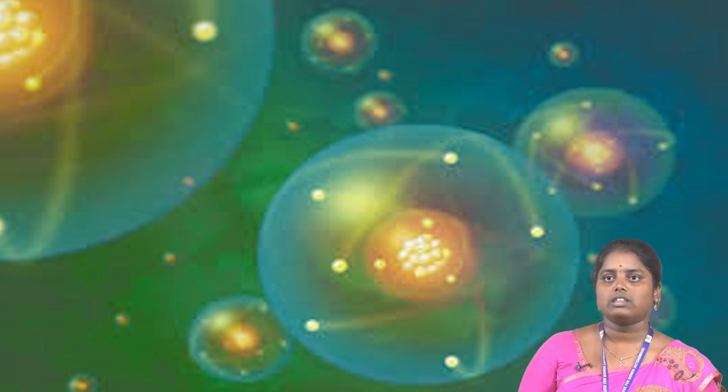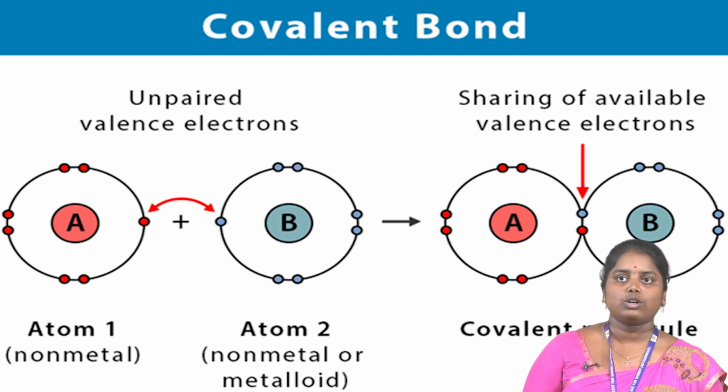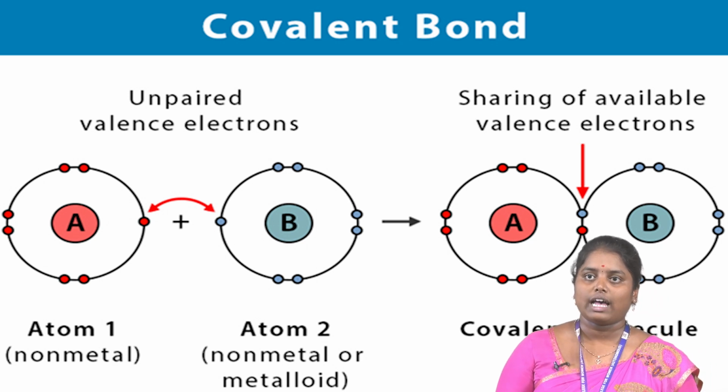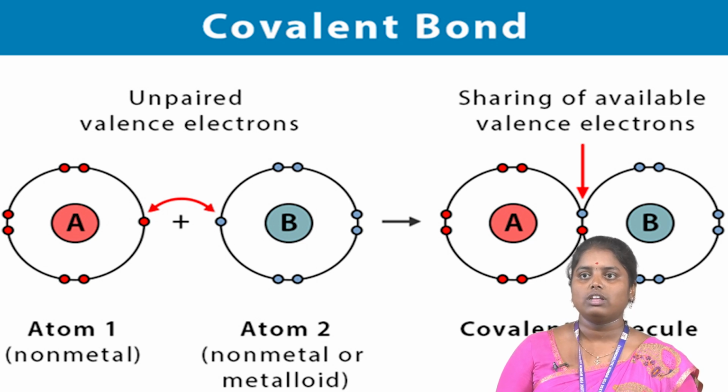Next, let's move on to the topic of types of chemical bonds. Let's discuss in detail the two major types of chemical bonds: the covalent bond and the ionic bond. First, in the covalent bond, elements having very high ionization energy are not capable of transferring electrons,